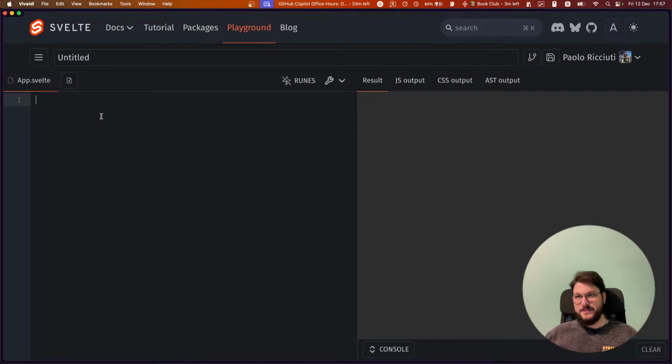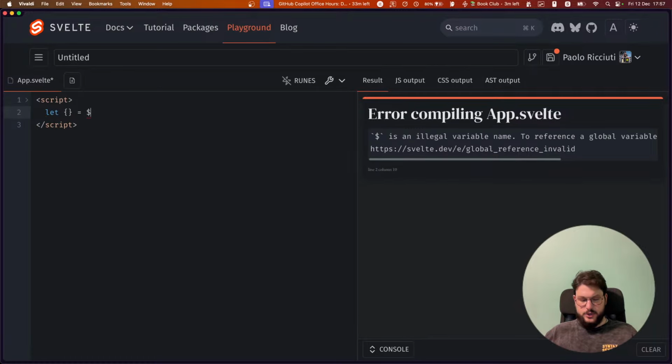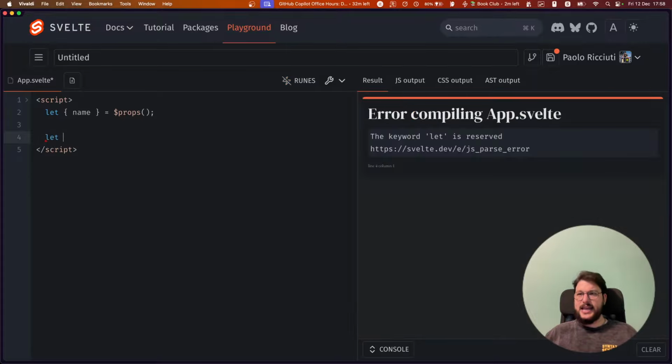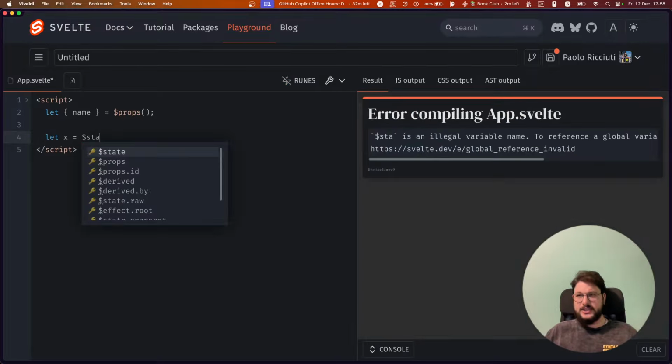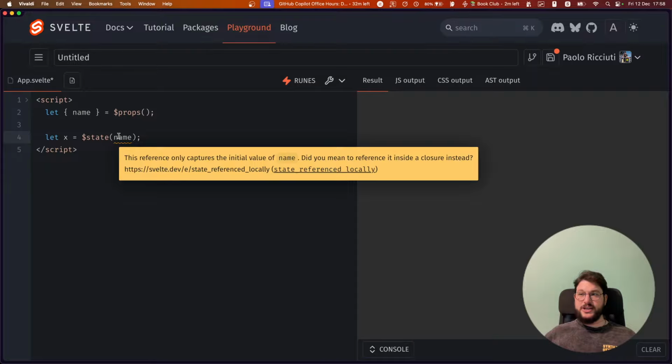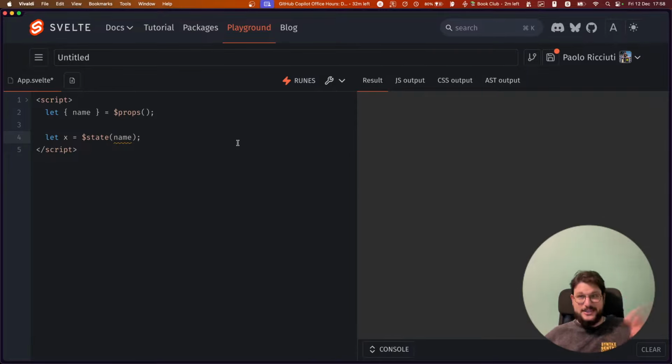Basically, we introduced these changes recently, which is that when you do $props, for example, and you get some name, if you then declare a state, let x = $state(name), you'll get a warning. Now, people got really mad about this because, at the end of the day, if you are sure that the prop doesn't change, you can just do svelte-ignore